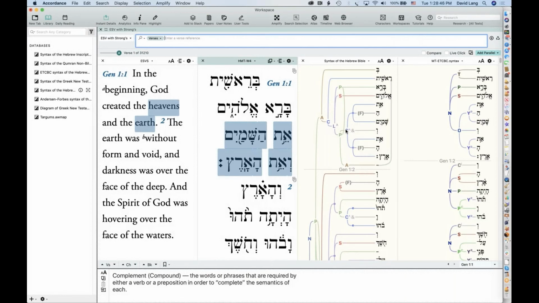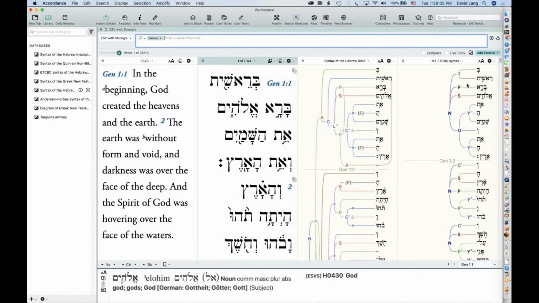The Homestead database is using linguistic categories and linguistic terms. So if you're more familiar with traditional grammar terms, traditional syntactical terms like direct object, indirect object, and so on, the ETCBC syntactical database is more along those lines.